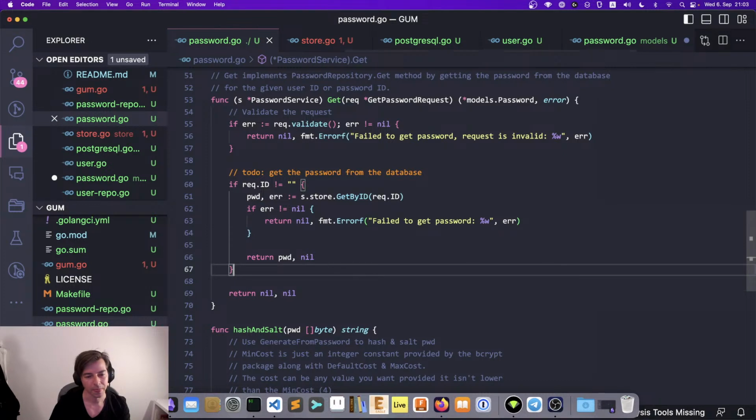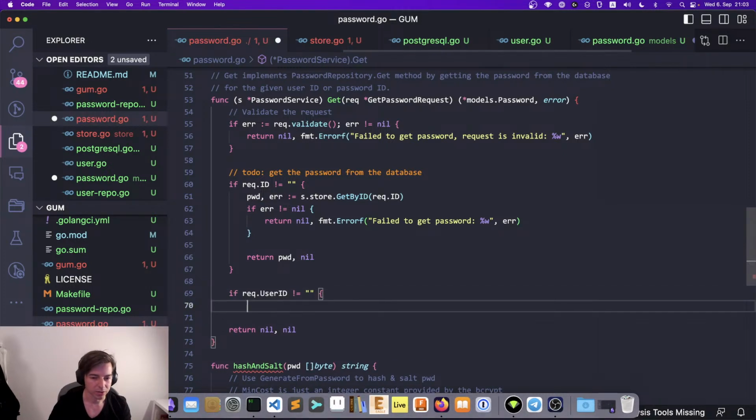Otherwise, return this one. The thing with a user ID, so if we are just creating the records and doing them,